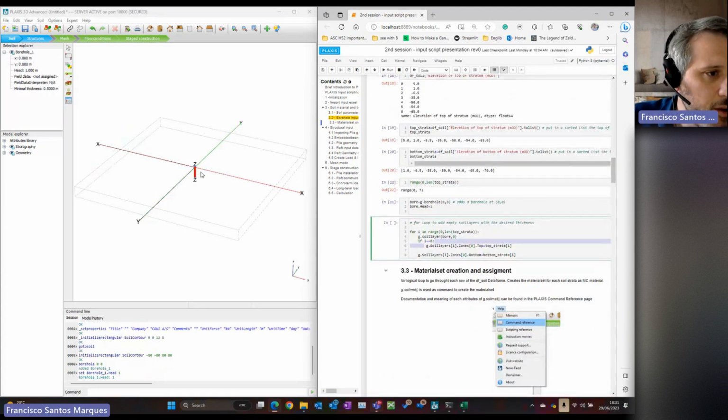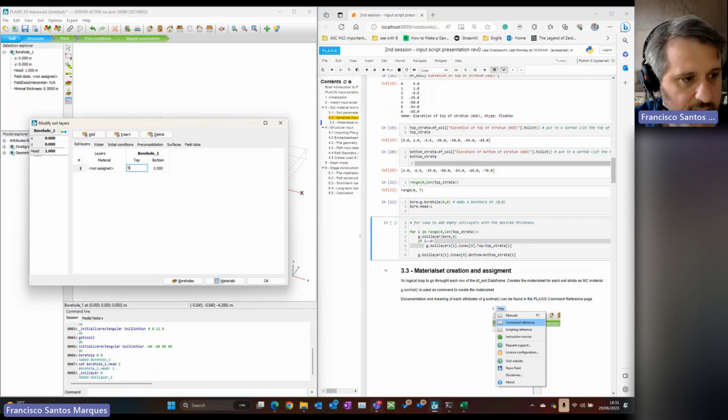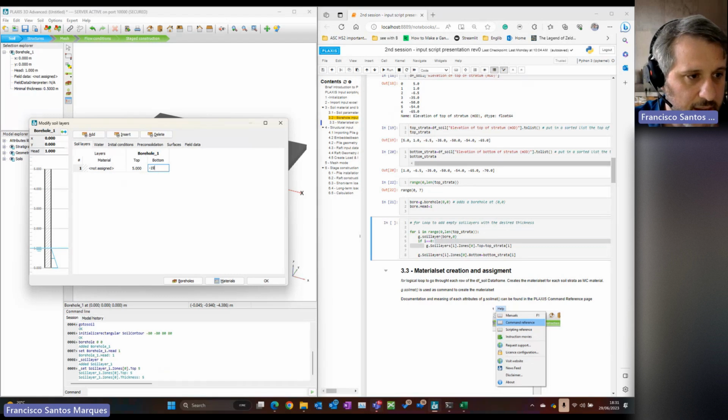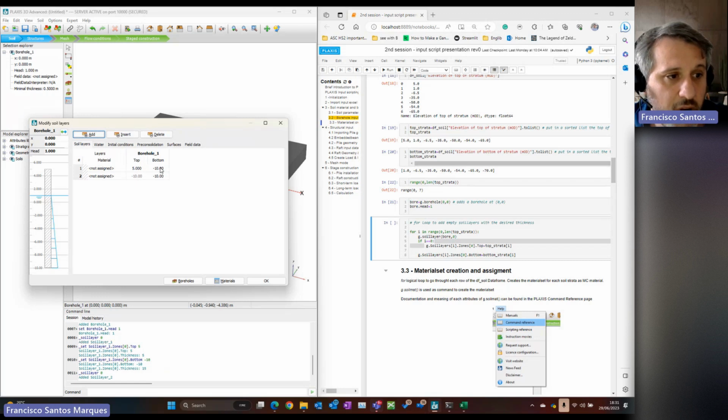Because if you recall how to define this in Plaxis, you add something here, right? Then you have to put a value, let's say 5 and then minus 10, right? But if you put add, the top is already the same as the bottom of the previous layer,